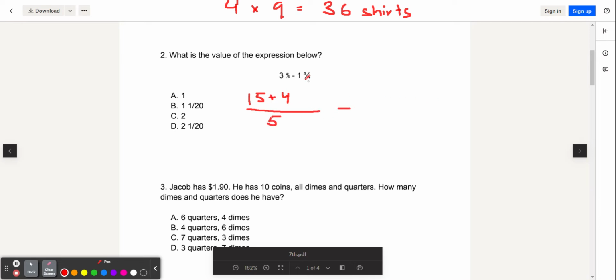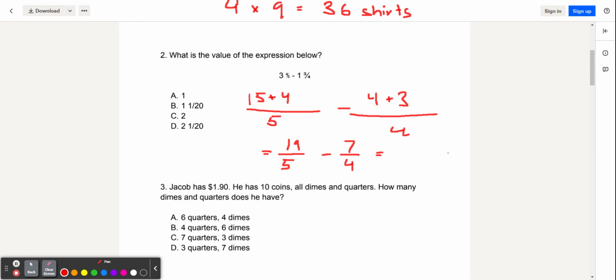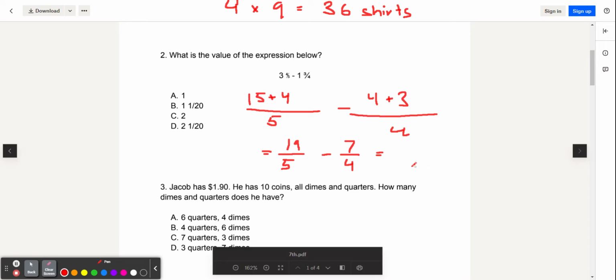5 minus 1 times 4 is 4, plus 3 over 4, which is 19 fifths. 19 fifths minus 7 fourths. Now we find the least common multiple, the LCM,